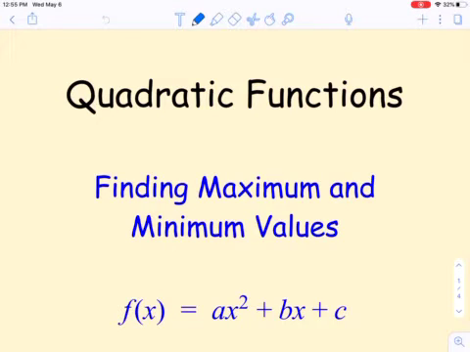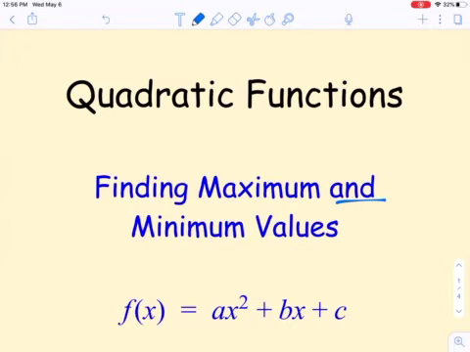All right, let's move on to another feature. Even though there's two things written down, it's really important to note that this is a singular feature found in a quadratic function: each quadratic function will have a maximum or a minimum value. I wrote finding maximum and minimum values, but basically it's going to have one or the other,